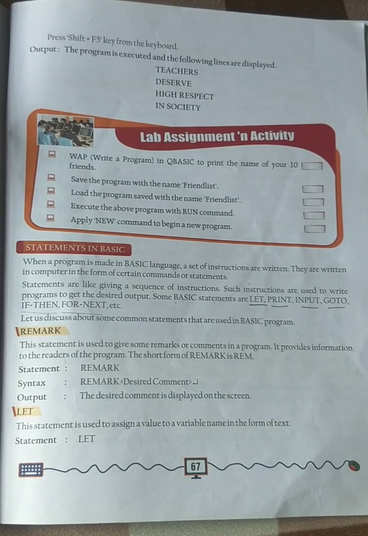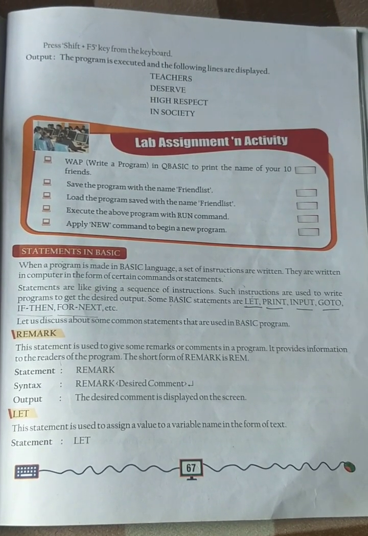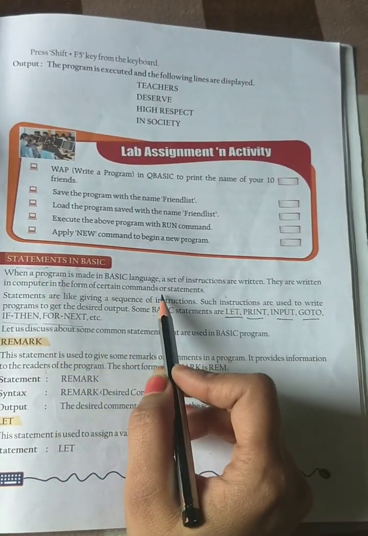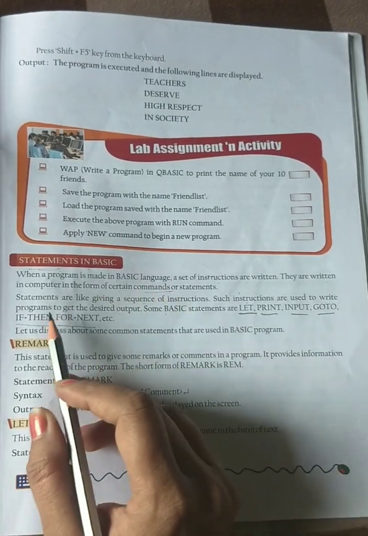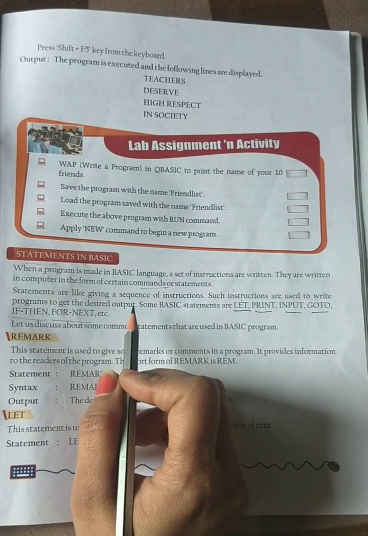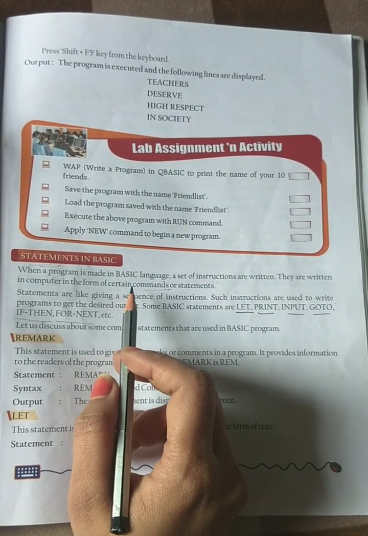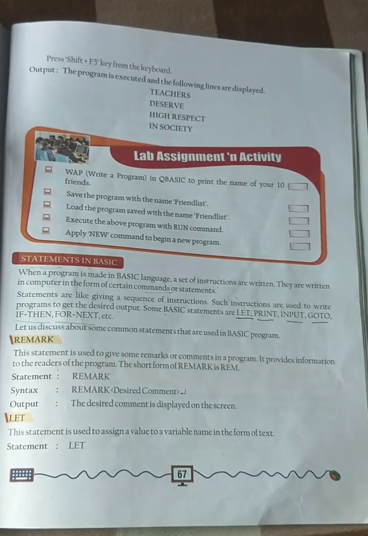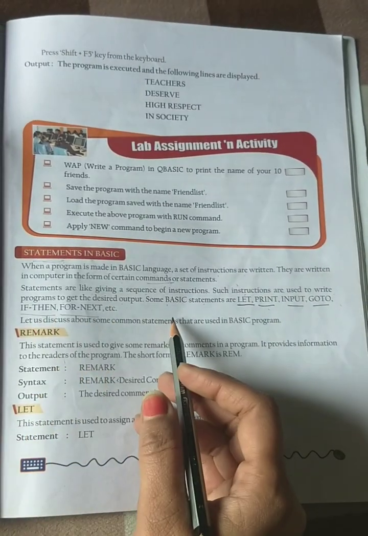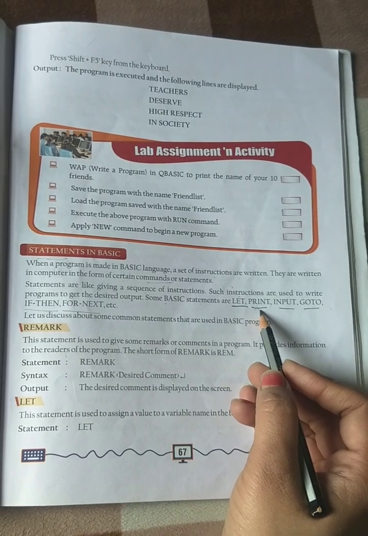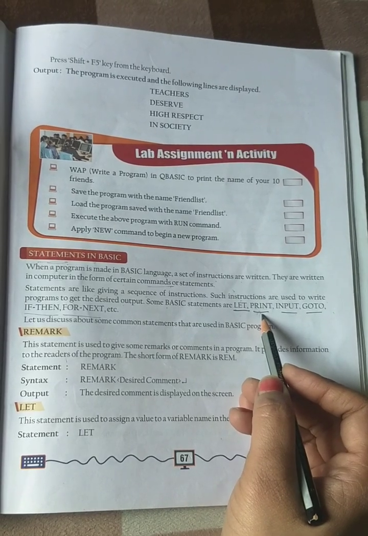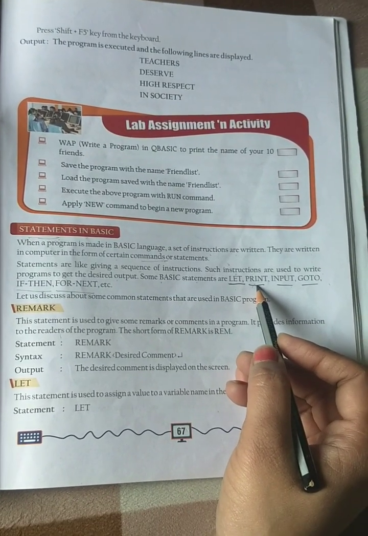So children, as you all know, when we will make the program, we will give the instructions to computer. And those instructions will be given in form of some statements or commands. Okay? So, all these statements are the sequence of giving instructions. Means they will be in a particular sequence that first what you want the computer to do to perform your task. Some of the statements are, for example, let, print, input, go to, all these. Now we know what is print. Okay? In the video, I have shown that how you can print a particular statement in QBasic. Okay, now let us study what are the others.